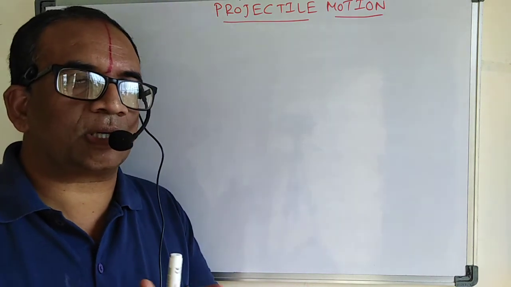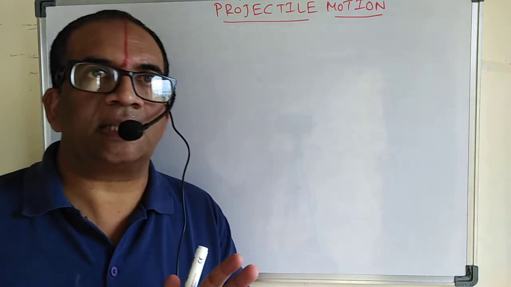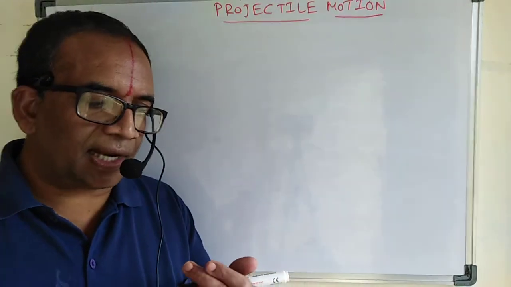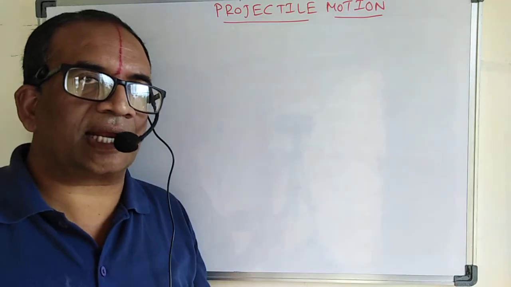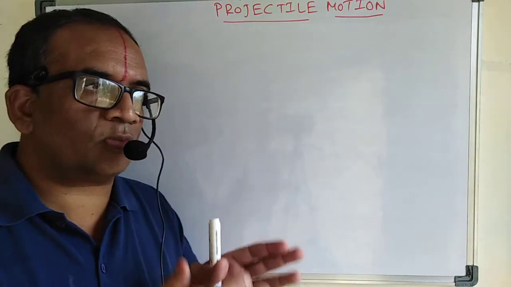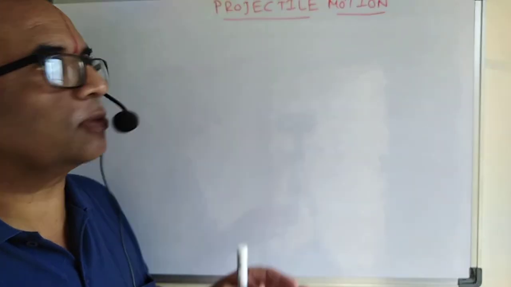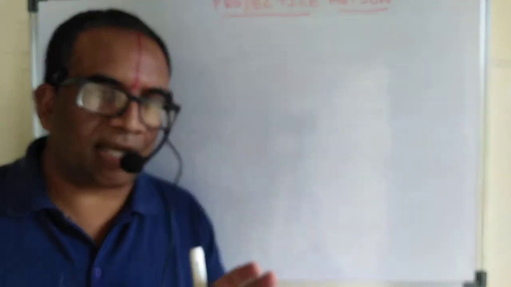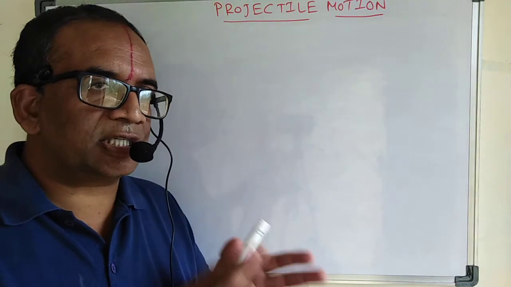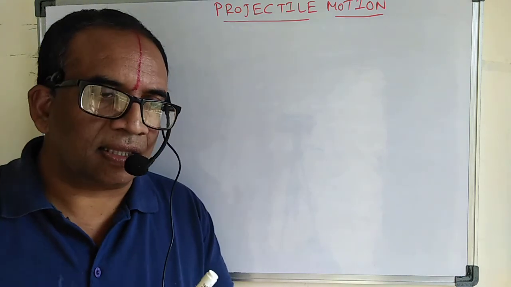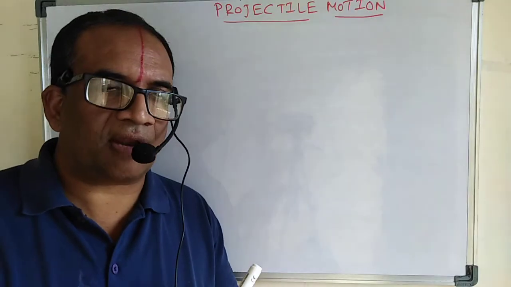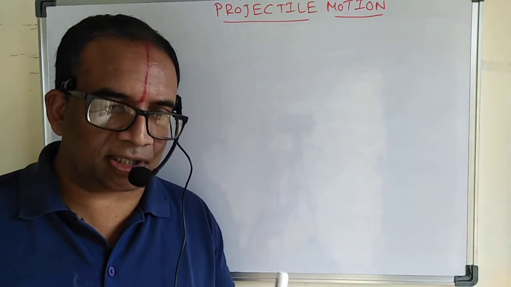Basically in projectile motion there are three models. One is called oblique projection, then horizontal projectile, and then we have projectile motion on an inclined plane. So three different parts are there. I am going to explain them one by one, but in this video I am going to cover oblique projectile motion. In oblique projectile motion, I am going to discuss displacement, velocity and the equation of the projectile. In the next video, I am going to discuss time of flight, range, and all those cases.